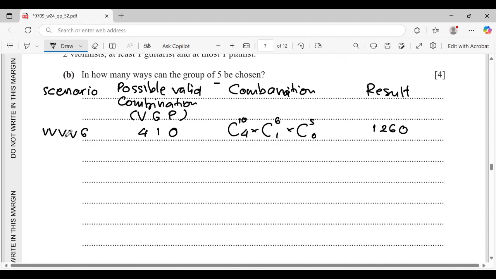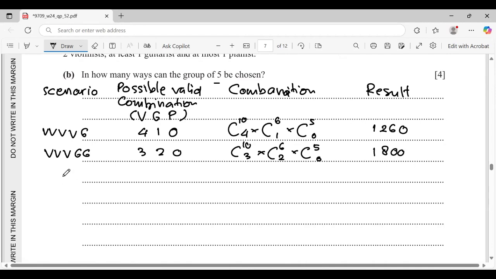The second, three violinists and two guitarists. So it becomes 3, 2, 0. The combination 10, 3 times the combination of 6, 2 times the combination 5, 0. So the result